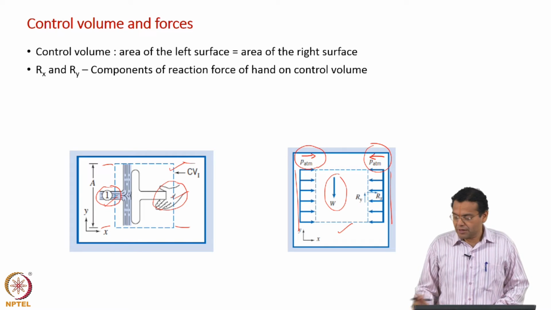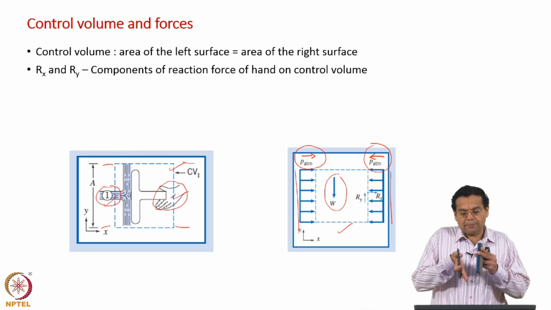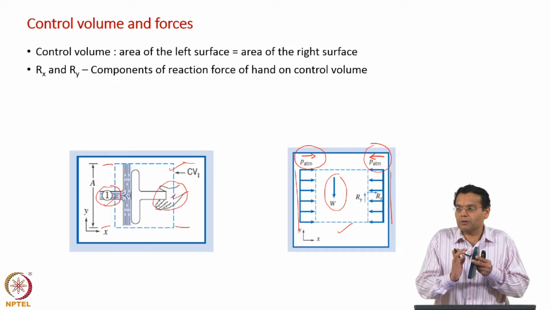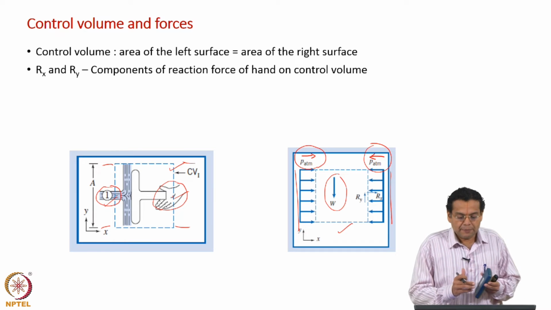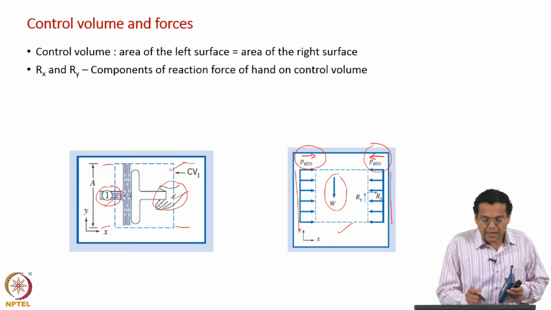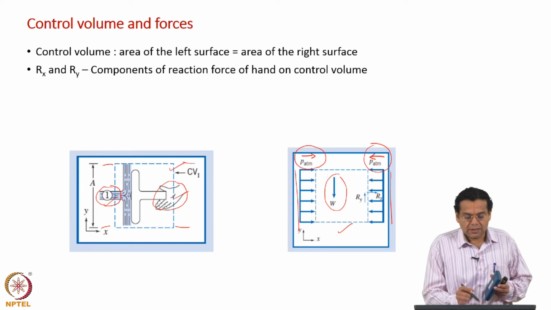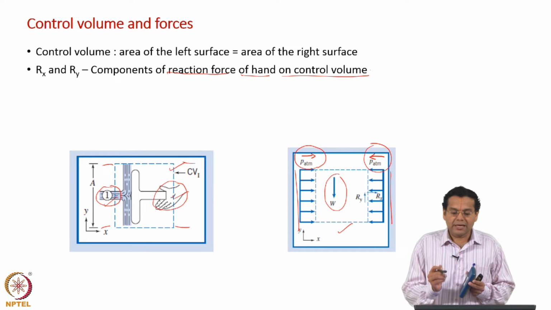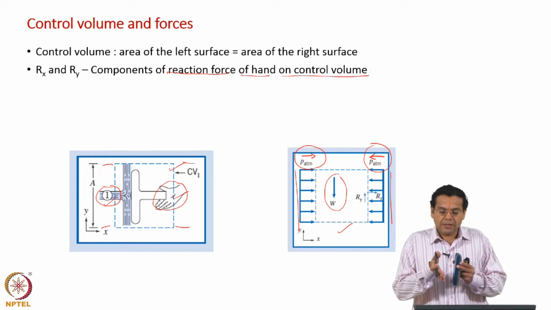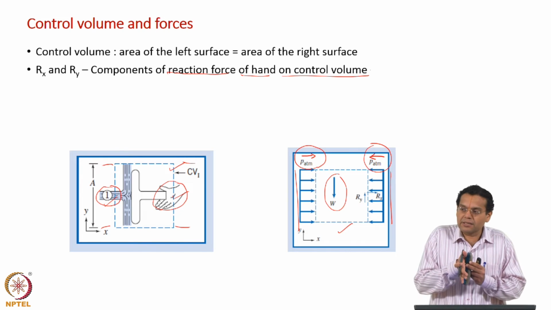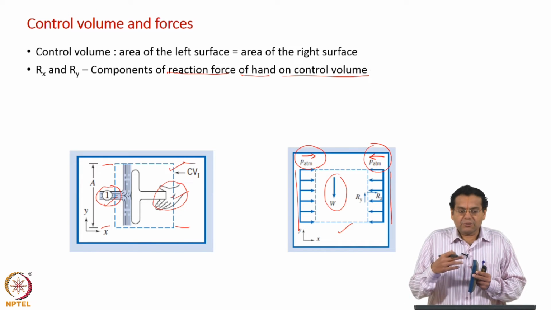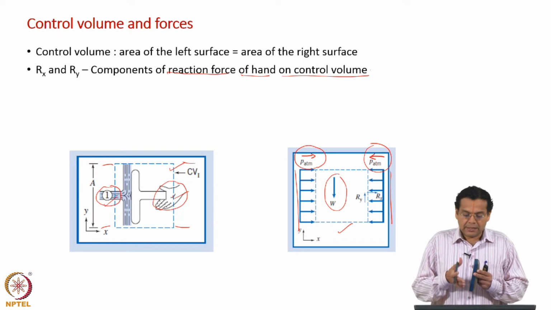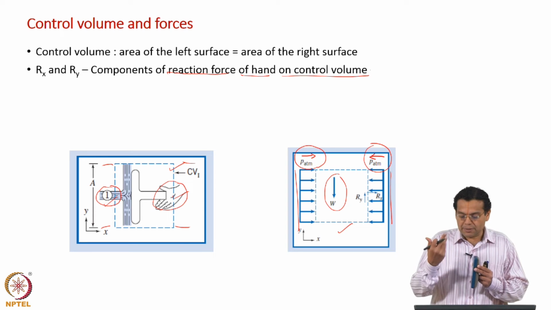Now, when we have this plate and apply a force, force is exerted by the hand on the control volume. Okay. I think that is very important because that changes the sign, and this force is called the reaction force. Components of reaction force of hand on control volume. So, every letter, every word there matters. Force exerted by our hand on the control volume. Now, it could be at any angle, that is why we split into two components, R x and R y. The x component is R x, the y component R y.